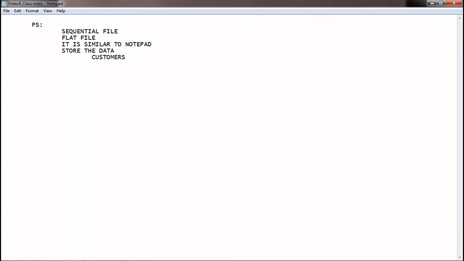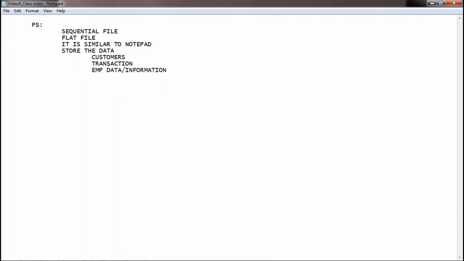You can take any data. You may want to store transaction details, ATM transaction details, retail market transaction details, and so on. You may want to store employee information. Any type of data we can store in a sequential file.